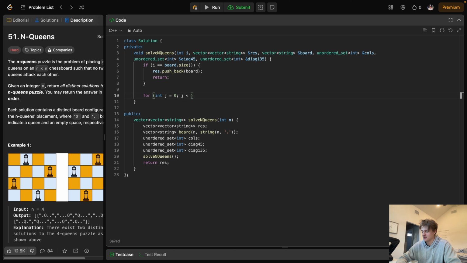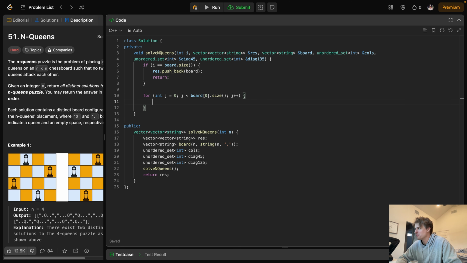So j is less than board[0].size, while it's less than the size of a row, right? We could also just pass in n, but I'm just being very specific, or verbose, about what we're doing. So for each column in this row, we're going to check,